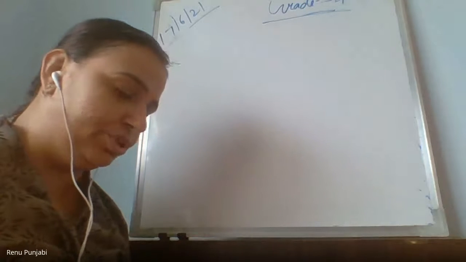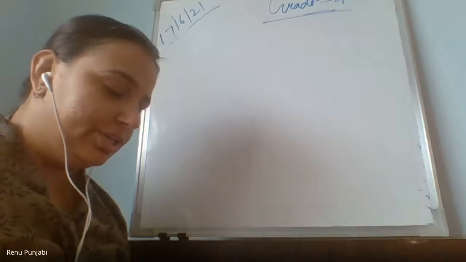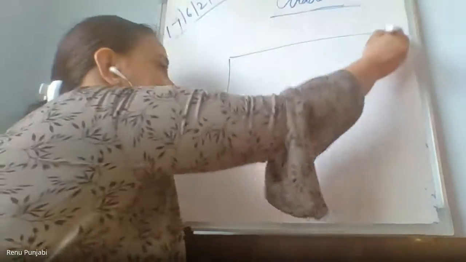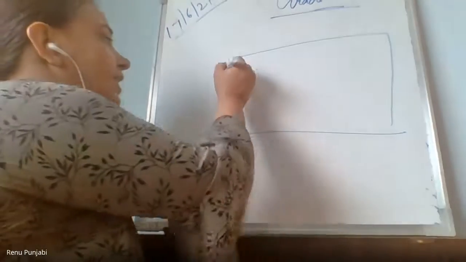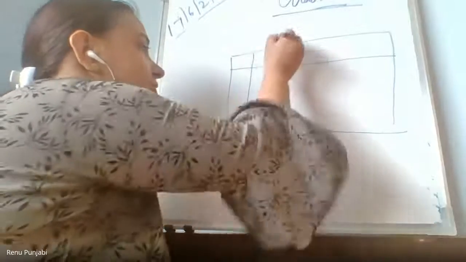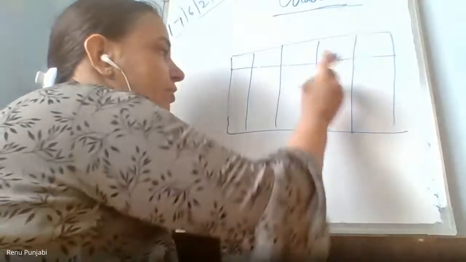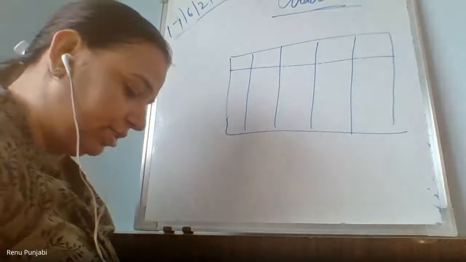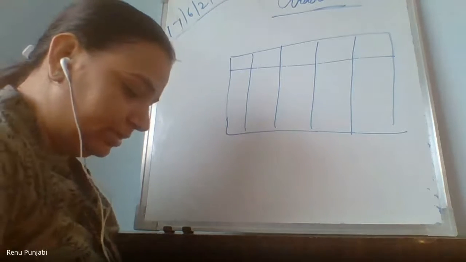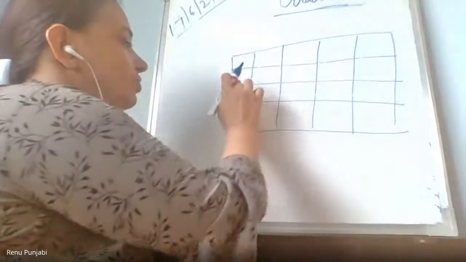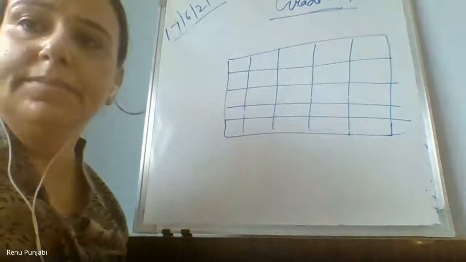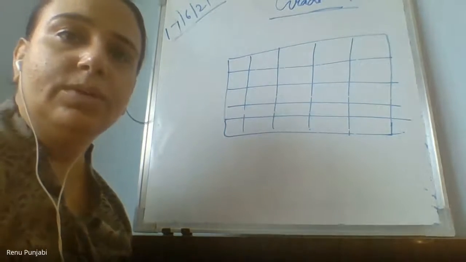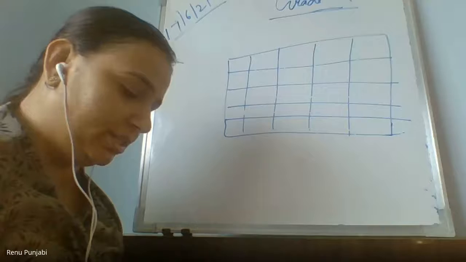Complete the shape. Suruchi drew two triangles of a shape. There was a grid given. 1, 2, 3, 4, 5 in the length, 1, 2, 3, 4, 5 columns, and then 1, 2, 3, 4, 5 rows. Five rows in the five columns. Can you see this grid? Yes or no? Please answer me yes or no.